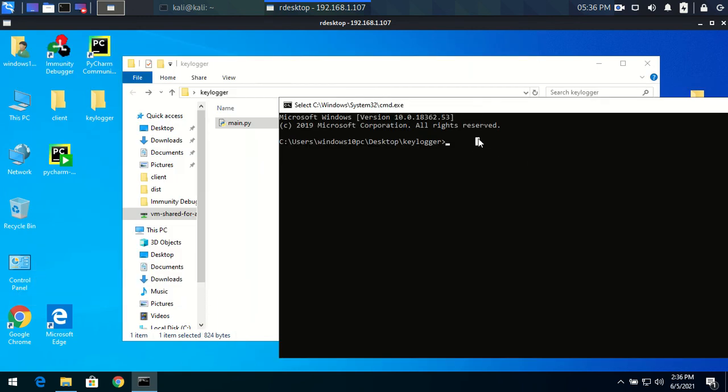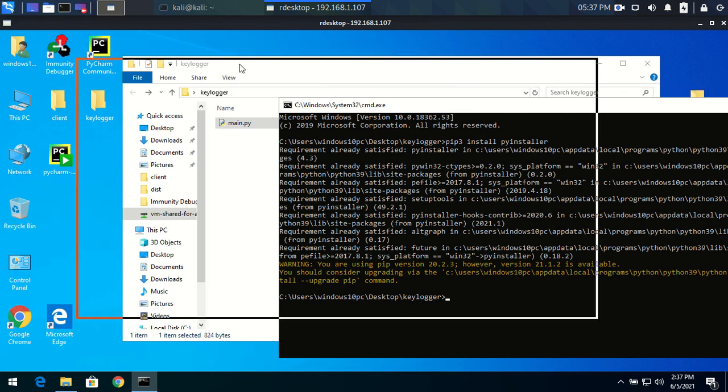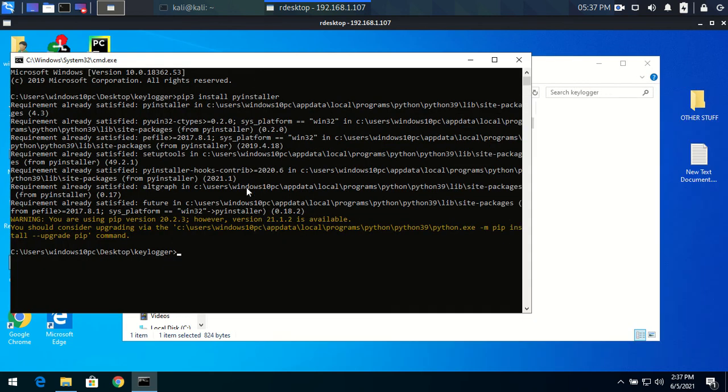So with the help of a package called PyInstaller, we're going to say pip3 install PyInstaller. And of course, I have PyInstaller already installed within my system. So I am going to say PyInstaller main.py